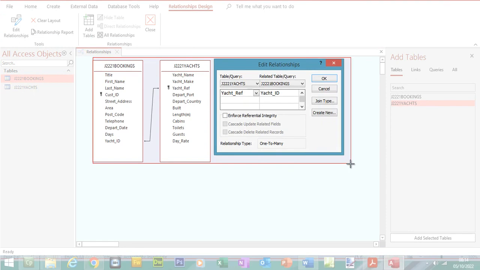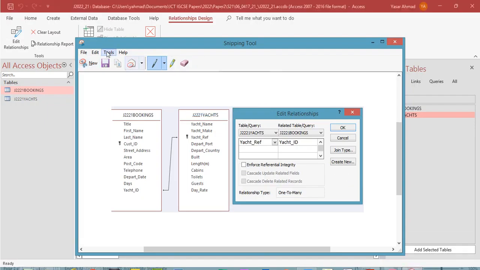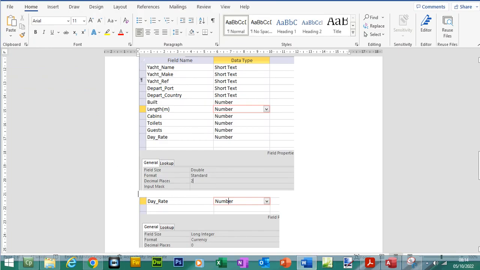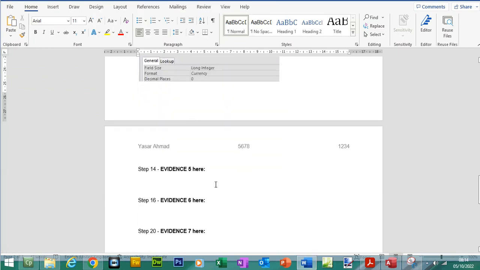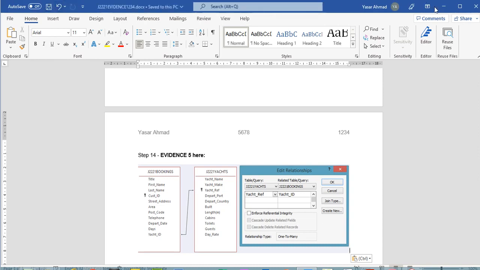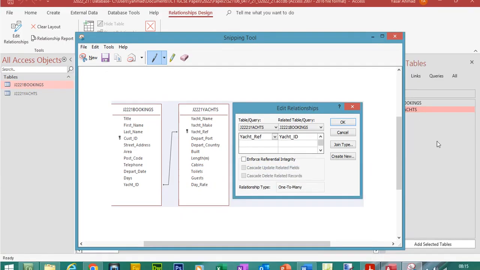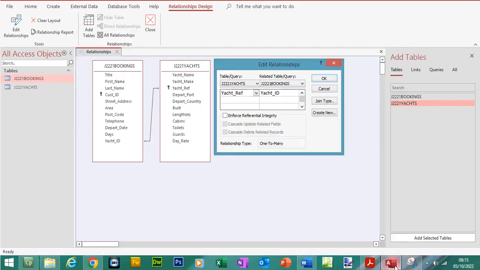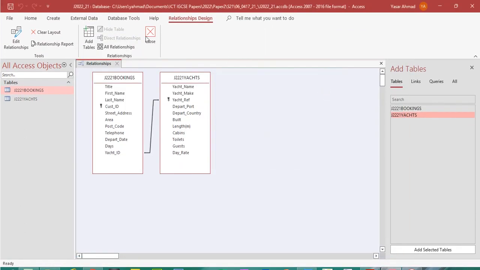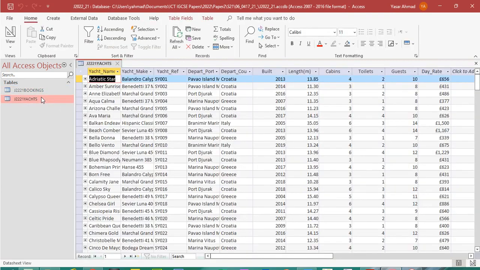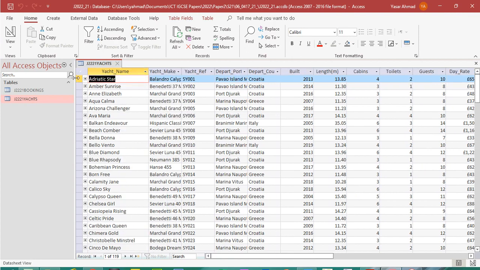So let me just go to new, click on copy. This is evidence 5. Save the changes. So there's the relationship. So it's a one-to-many, and once you've made your relationship, if you press OK, close, save the changes. If you go to the yachts,